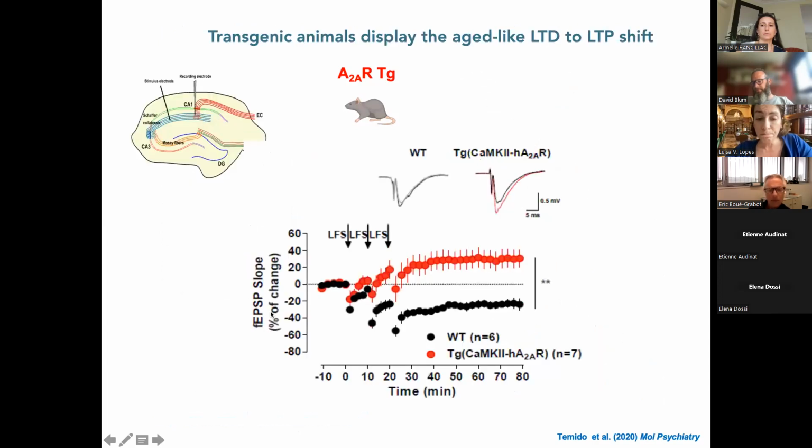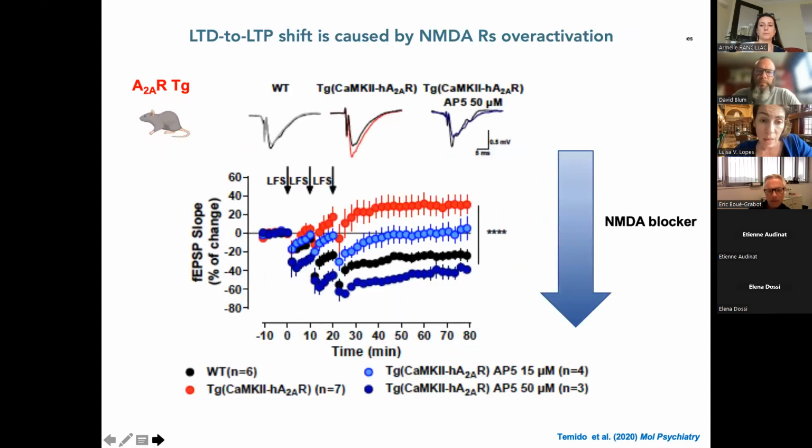And then, so again, these transgenic animals have this LTD to LTP shift I've shown you in aged animals. But more importantly, if you start by titrating NMDA and increase NMDA receptor blockade, you normalize this to depression again. So it seems that it's not structural, because acutely you can revert this effect